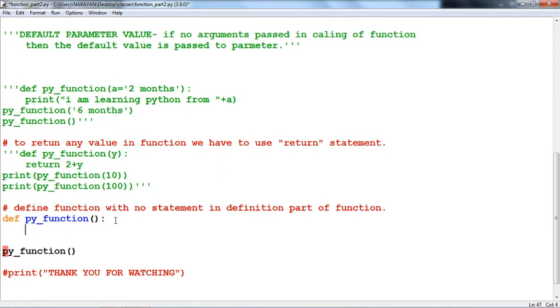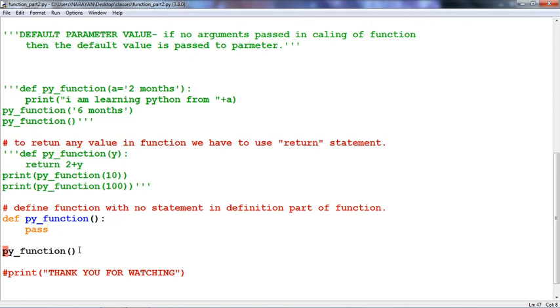If we define a function with no statement in the definition part of the function, then we have to use the pass statement.